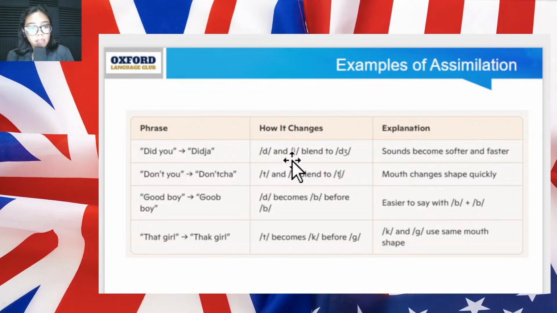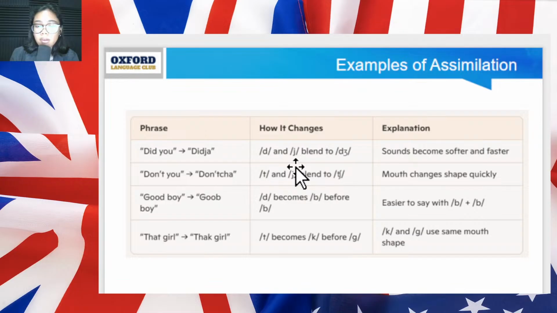Again, what is IPA transcription, or what is IPA? It is the International Phonetic Alphabet. It consists of symbols that represent all the sounds in English. Okay? All right. So going back here,